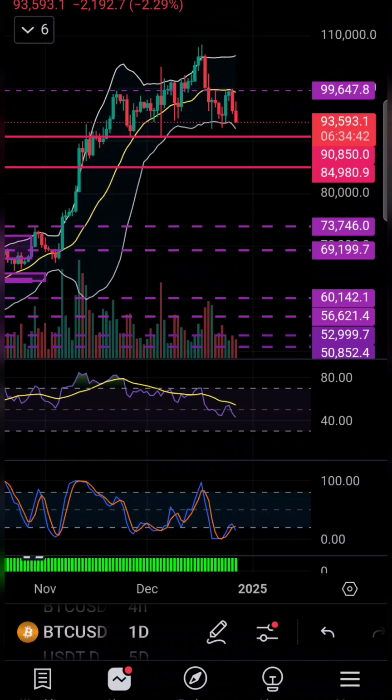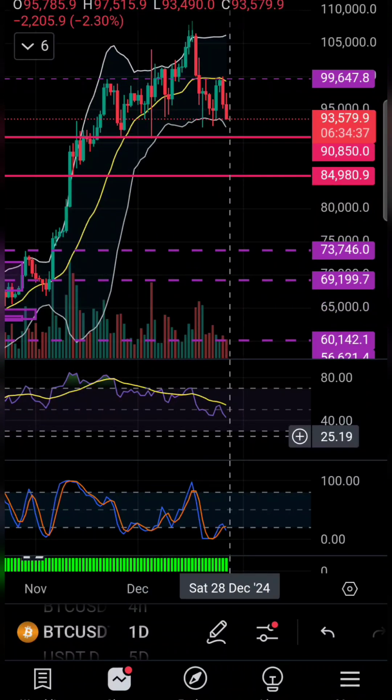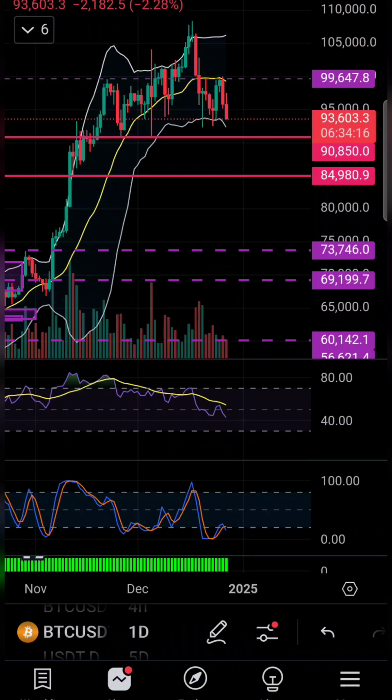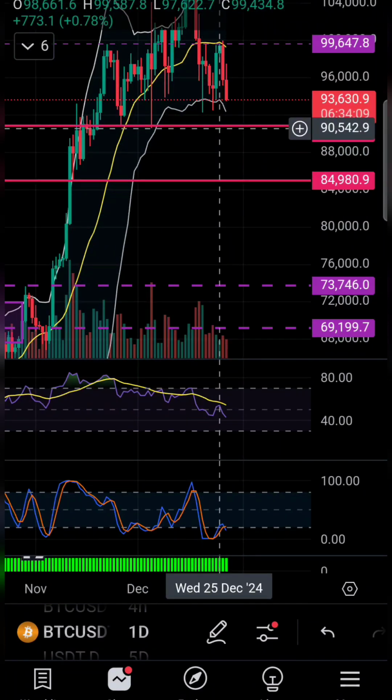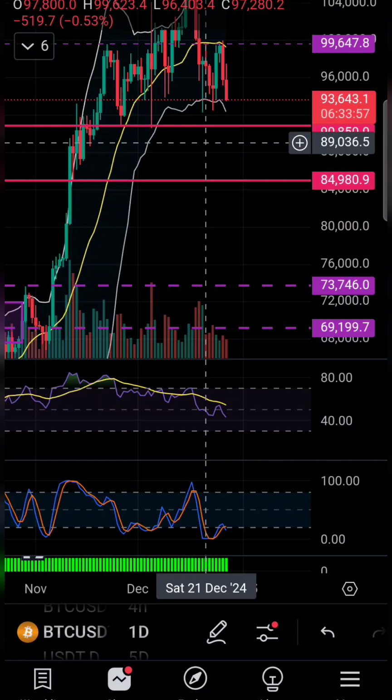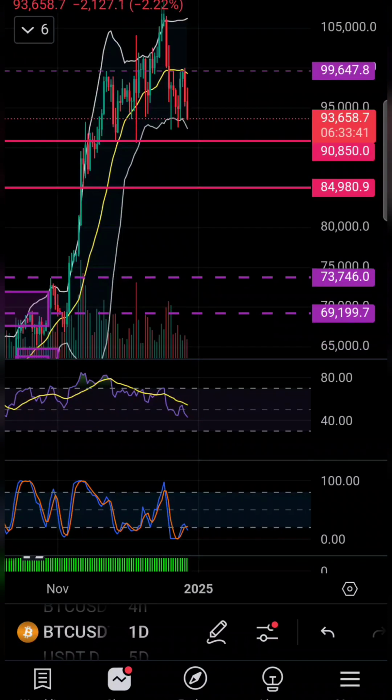Okay, so now we'll just get off the RSI TA stuff. I'm welcoming this to go touch 30 if it wants to. The RSI is what I'm talking about, to go into extreme oversold below the 30 value on the RSI where my cursor is. It can go down there, which I don't think it will, because we have this 91 area right here, and we have this order block right here, 91.88. So I'll drop money in there. 88 to 89 is where I think it will wick down to. That's my opinion.